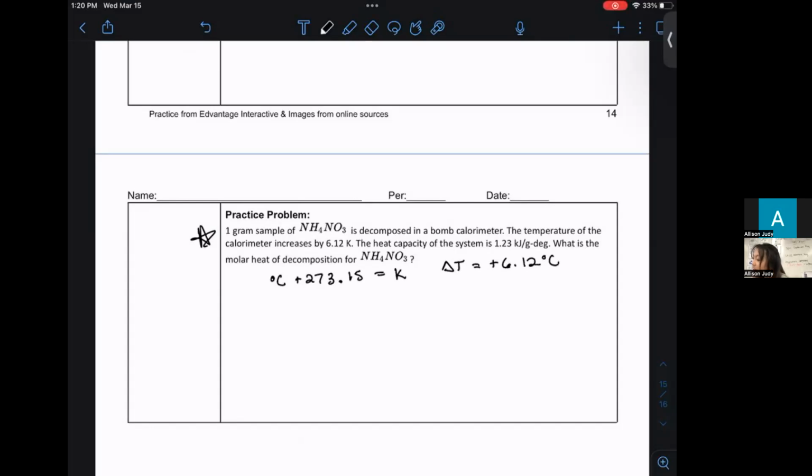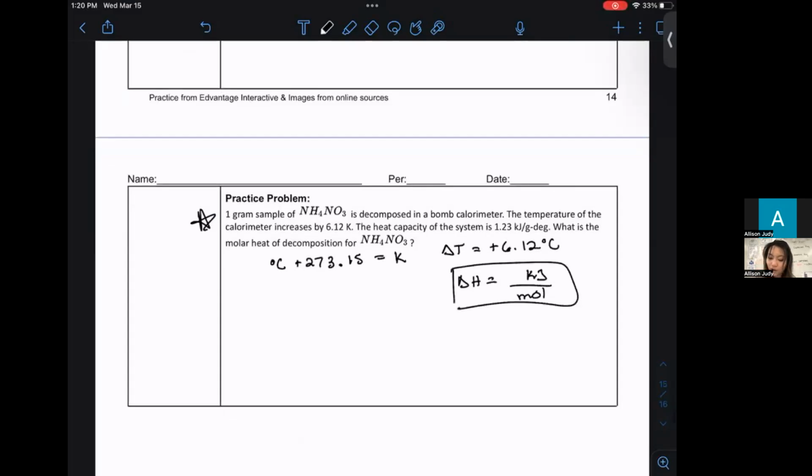You are given the heat capacity of the system. What is the molar heat of decomposition? Molar heat just means what is this in kilojoules per mole? That's all I'm wondering. So what you should have done is you should have done the following process where you turned, okay,